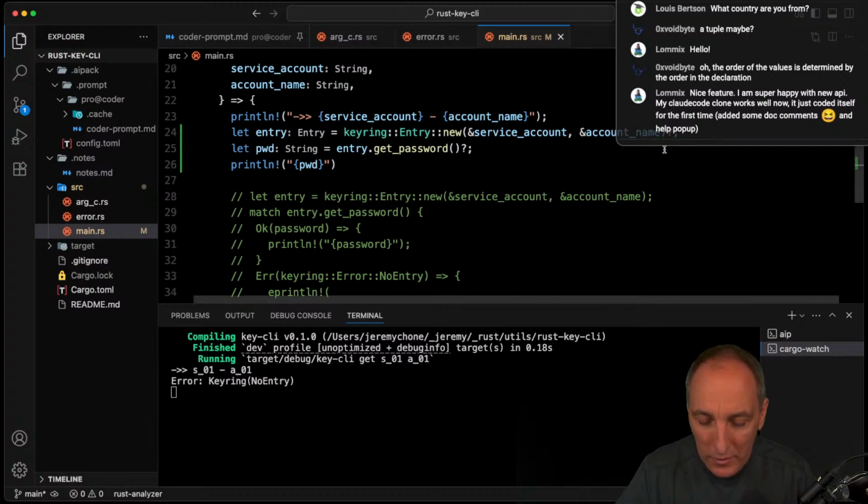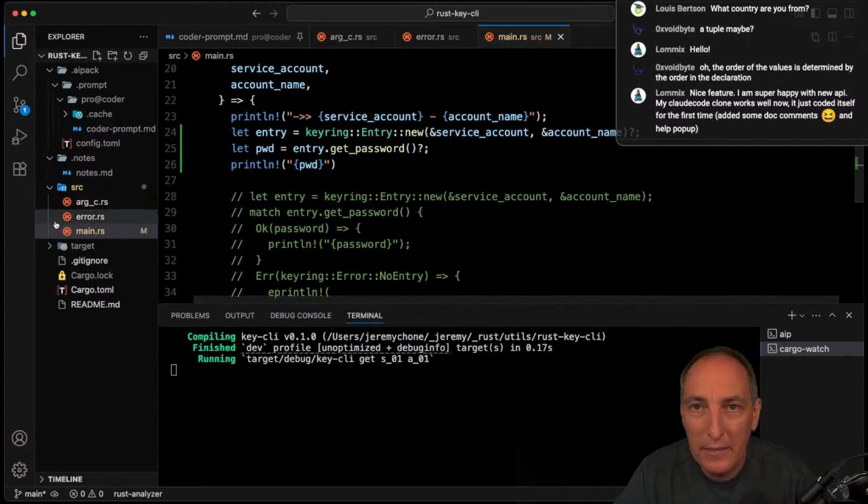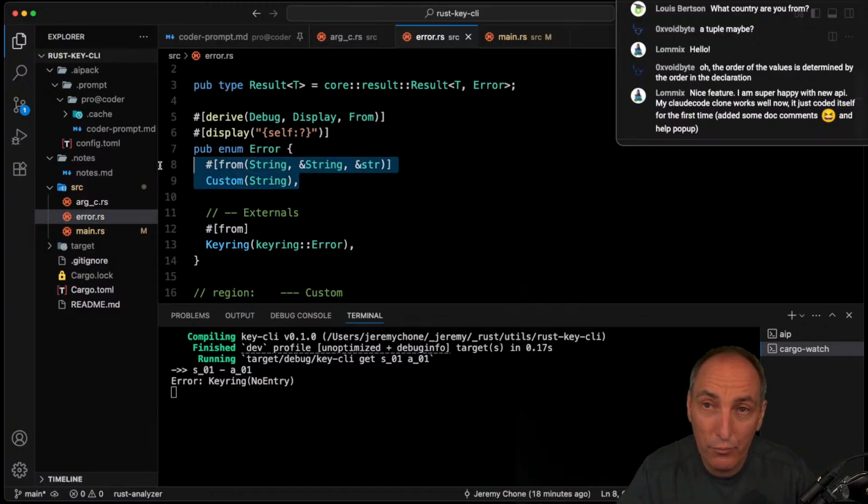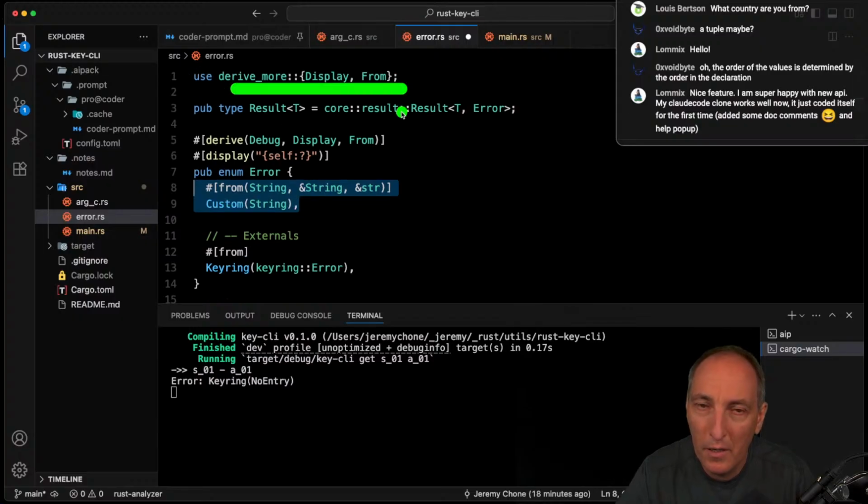The reason why it works nicely is because in my error, I have this best practice where that is my type. I always start with custom string. That is ugly. And that is ugly. The point is to get rid of that. But this is a good start. The derive_more From allows me to have derive_more From for everybody, which is pretty cool. And then